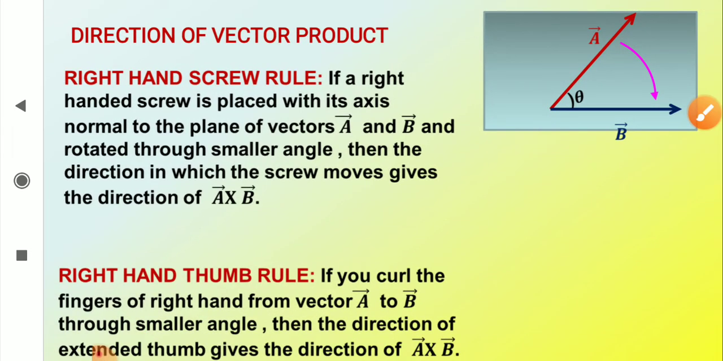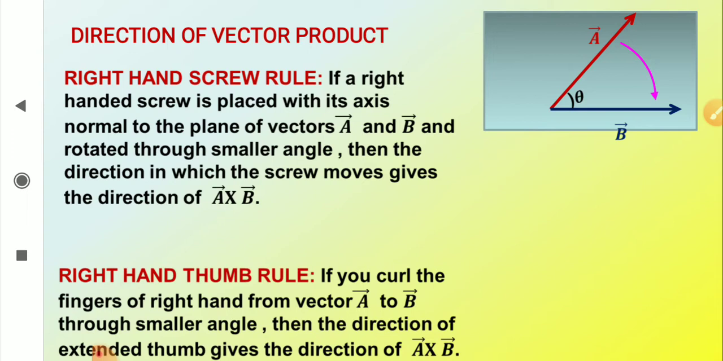आप अपने राइट हैंड की उंगलियों को, फिंगर्स को कर्ल करो मुट्ठी की तरह और इस तरीके से कर्ल करो कि वो पहले वेक्टर से दूसरे वेक्टर की तरफ हो, A से B की तरफ हो. तो आपका जो थंब है, एक्सटेंडेड थंब, जो थंब बाहर निकला हुआ है, वो थंब डायरेक्शन देगा A क्रॉस B की. So like here, if I curl my fingers from A to B, then my thumb is perpendicular to